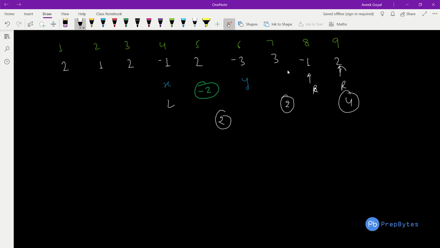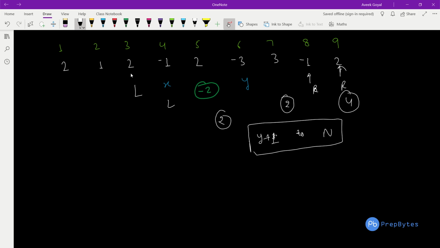That R we need to select, that will give me the maximum possible sum between the range of y plus 1 to n. So between the range of y plus 1 to n, the index which is giving me the maximum possible sum, that will be nothing but R. Okay, understood this much? Similarly, if we go to the left hand side, to the L side,